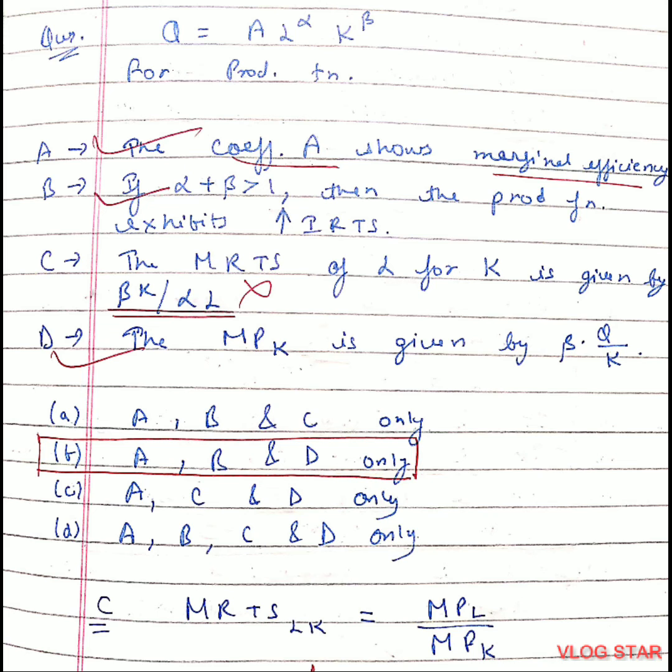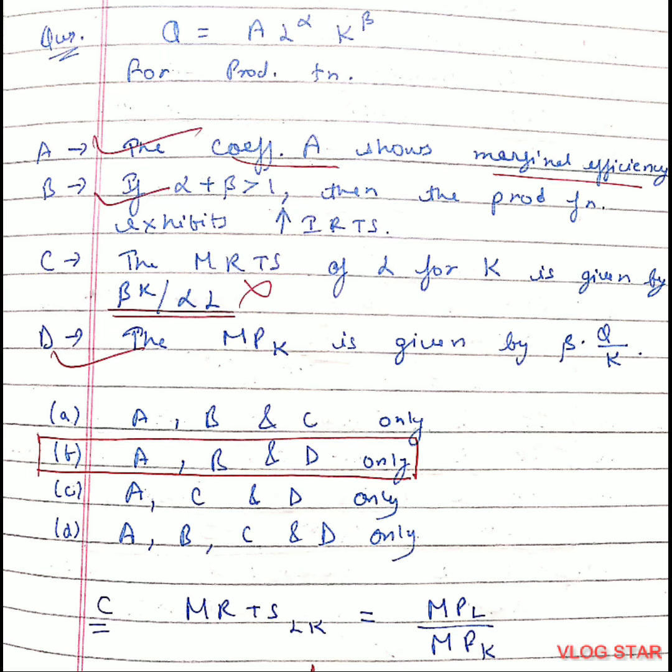We are given a production function Q = L to the power alpha, K to the power beta. For this production function, you have to tell which of the following are correct. Just don't go blind. Notice the change in the production function. The properties which we did in that, K was to the power alpha, L was to the power beta. Here it is vice versa. That is why never learn things by heart. You should know how it is done.